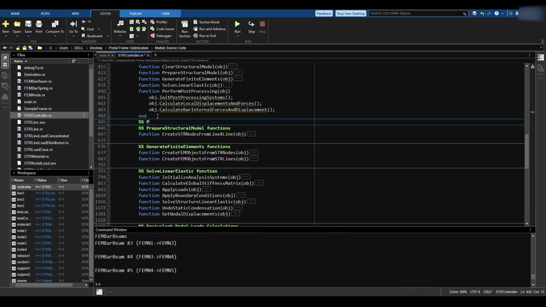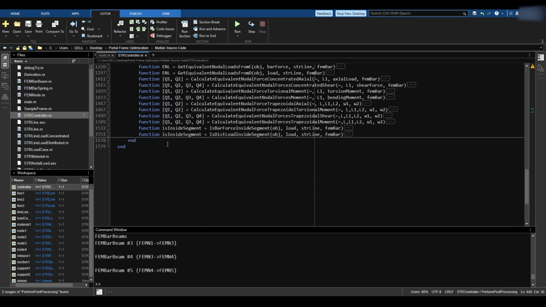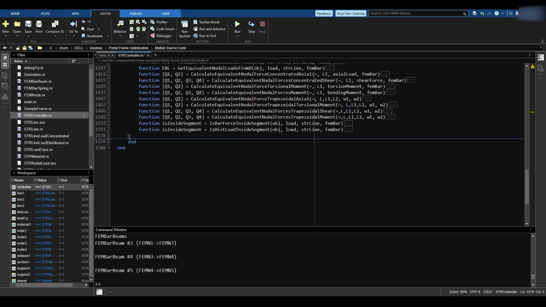So I'll say here post. I don't think that's correct. I don't think that's good, because I'm following the system. So here, prepare has a region, solve has a region, generate has a region. Yeah, the region here should be in the end, right? Yeah, in the end. So let's go here, push the enter key,